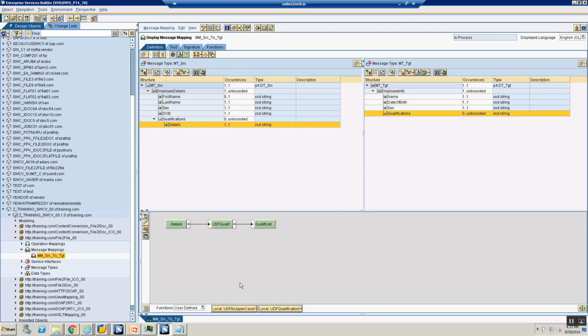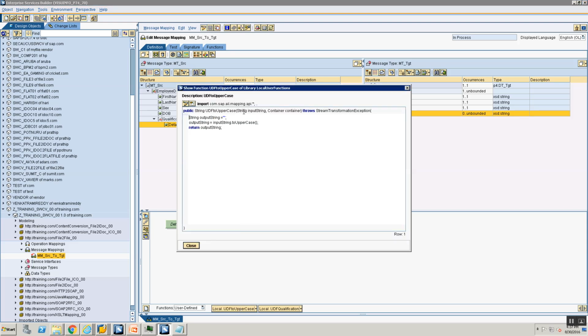So how do we add trace statements to our user defined functions? Let's go ahead and edit our user defined functions and add trace statements. I'm going to get my trace object. So I'm going to say abstract trace equal to container dot get trace. Okay, so I'm saying abstract trace is equal to container dot get trace, and now I'm saying trace dot add warning,